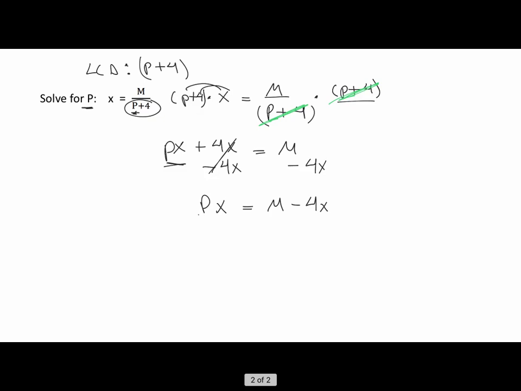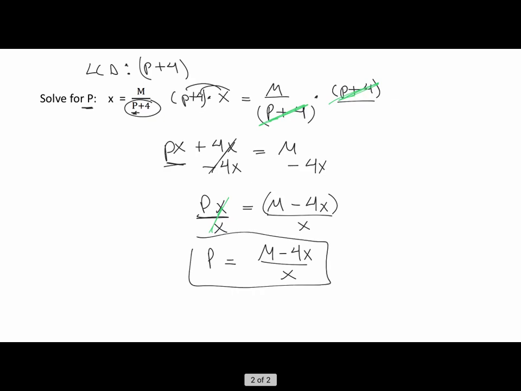And then I just need to get p by itself. So if that's multiplication, I can undo that with division. So I'll divide x from both sides, and that's how we're going to get just p on the left side. And on the right side, if we were to try to simplify by dividing factors, they don't have any factors in common, so it stays the way it is. That is the simplified answer for